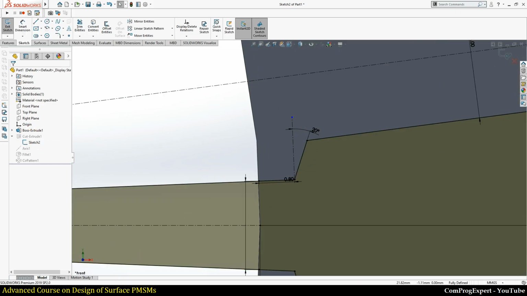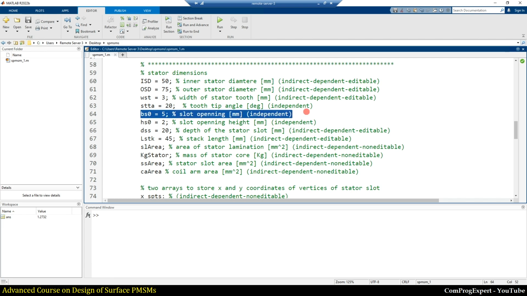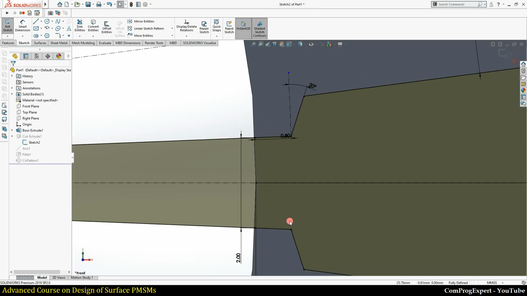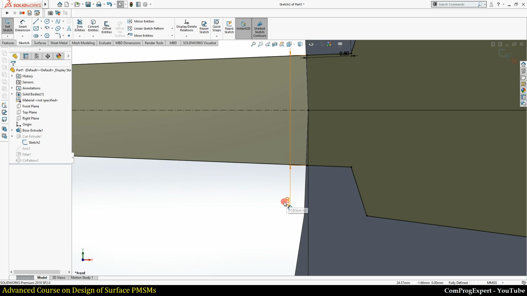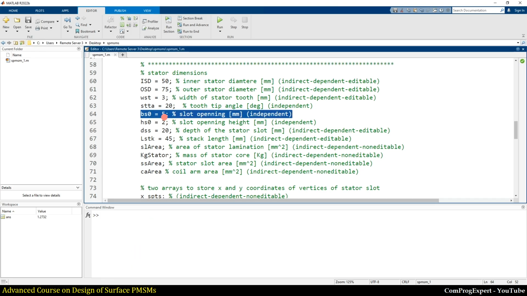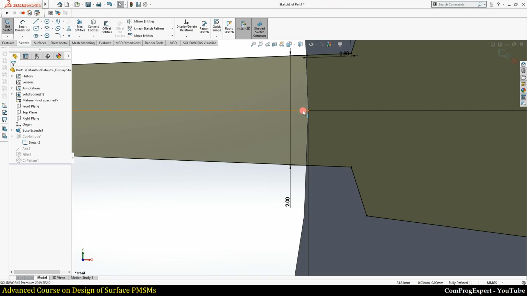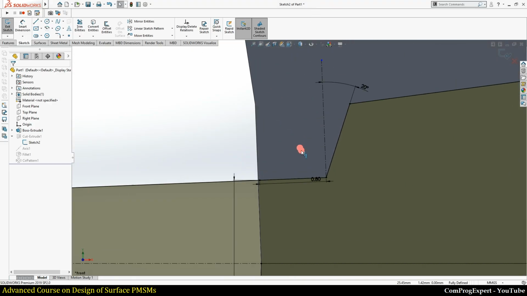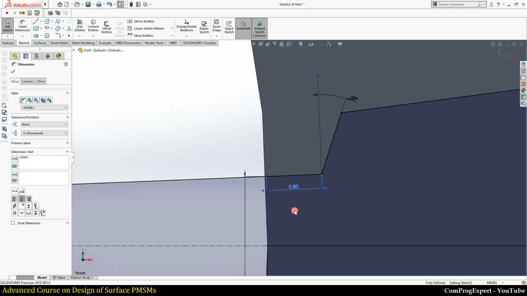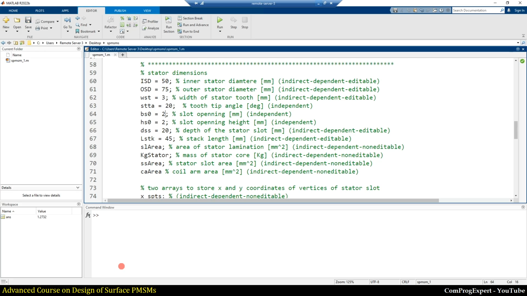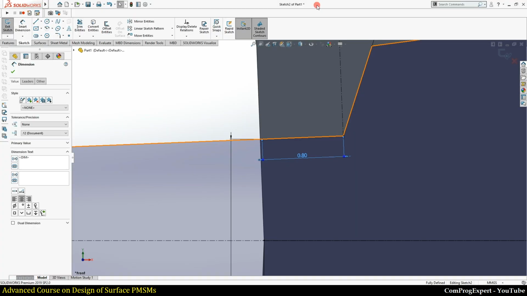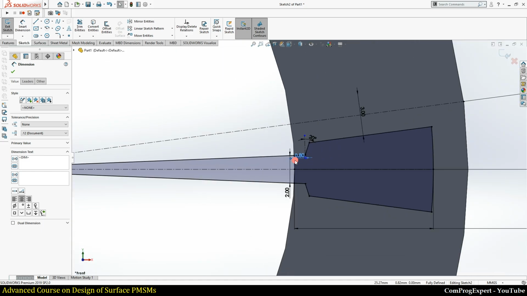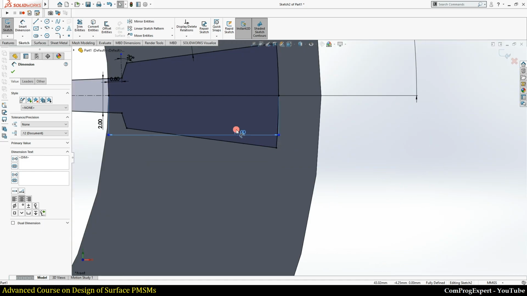This angle. The next one is BS0, the stator slot opening, that is 2, this parameter. HS0 is the stator slot opening height. This parameter is equal to 0.8 in this case. The depth of the stator slot, this parameter, is 10.